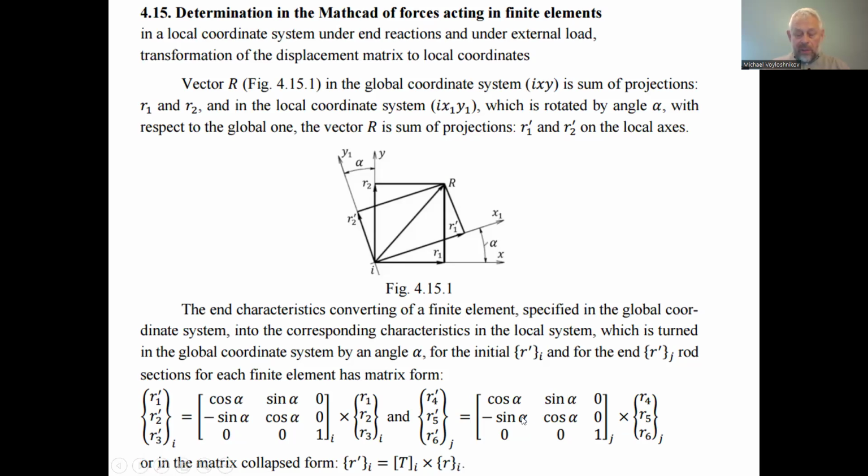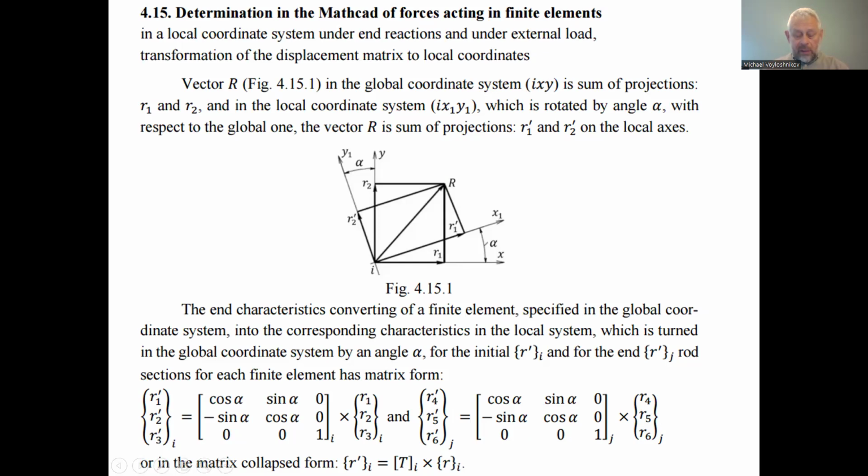So by the product of the cosine matrix, the auxiliary matrix, by the coordinates of the end of the rod finite element in the global coordinate system, we can find the coordinates in the local coordinate system. In the matrix form, the more compact, collapsed form,